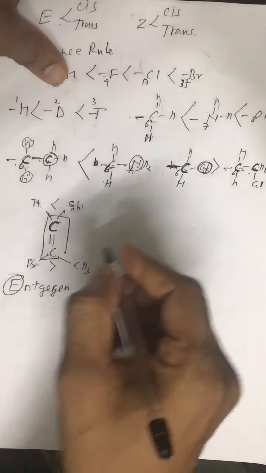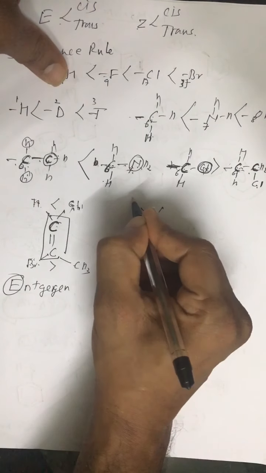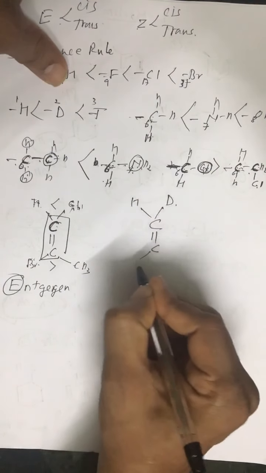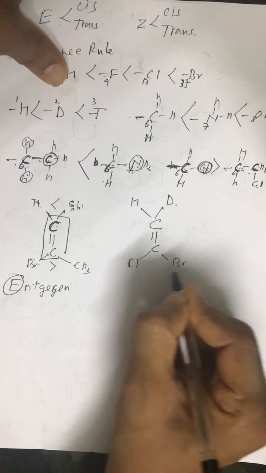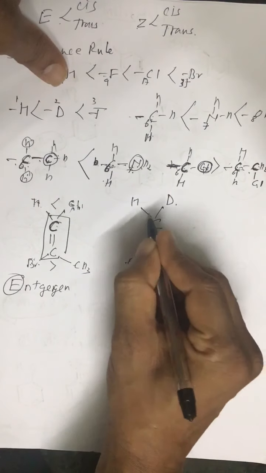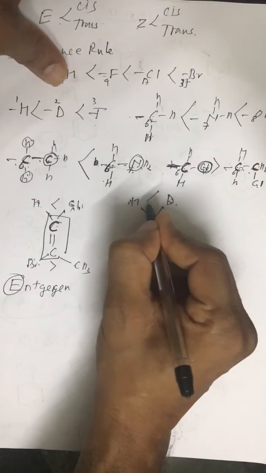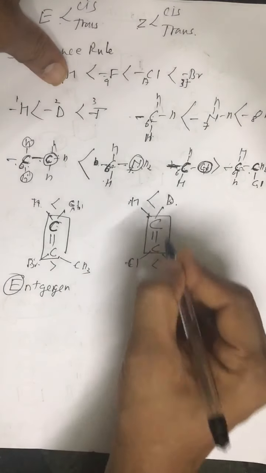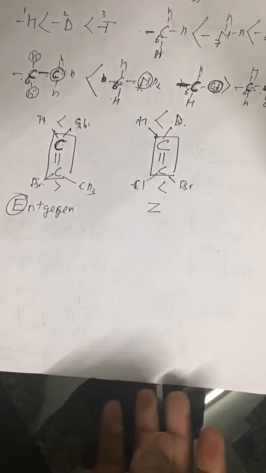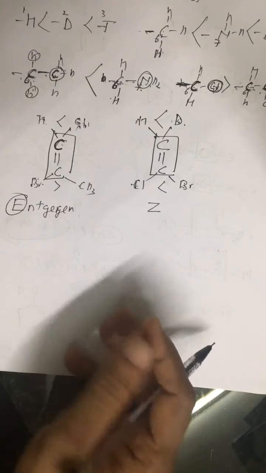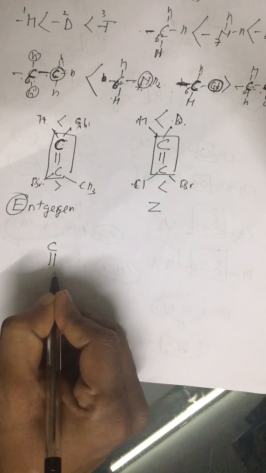All right. Now look at some more cases, like if we have, say suppose hydrogen, deuterium, say Cl and say suppose Br. Now out of these two, Br is senior. We are comparing with respect to this double bond, and out of hydrogen and deuterium, deuterium is senior. So now senior groups are on one side, we call it Z form. Alright. Now how E form can be cis or trans, or cis form can be E or Z. Let us see. Look at this case.